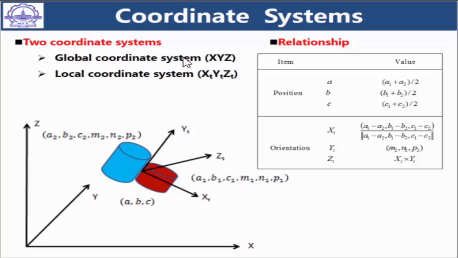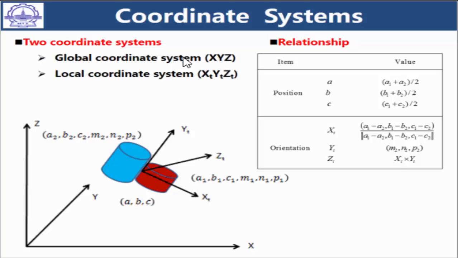The center point of the local coordinate system, ABC, is the center of A1, B1, C1, and A2, B2, C2, and the orientations of each axis of the local system are defined as XT, YT, ZT, as can be seen here. So after we have the position and orientation of each magnet, we can get ABC and XT, YT, ZT, and we can have the 6D